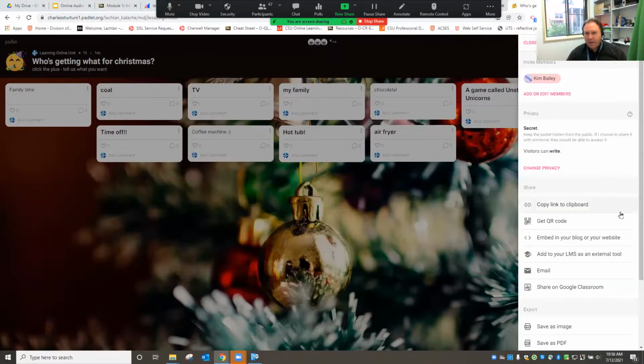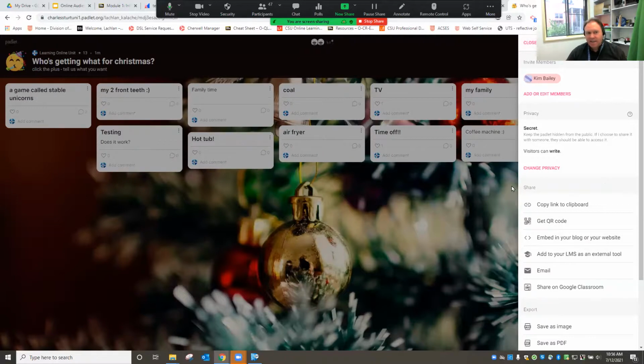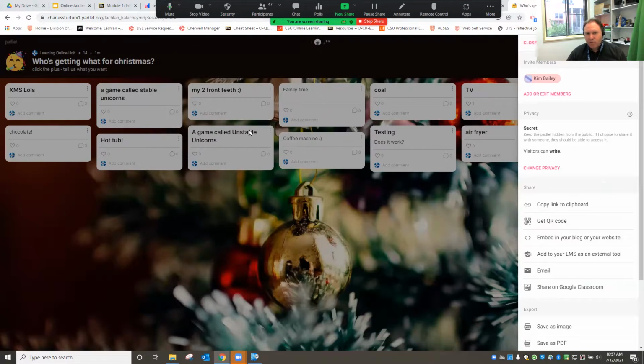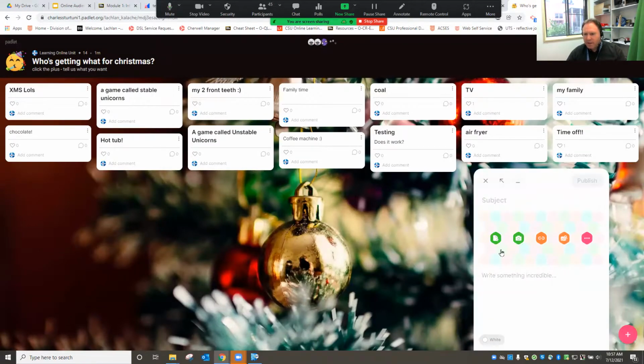And the next part, I could see lots of people adding in things very quickly. With your posts as well, you're able to add in images, not just text. And I can see people adding in their responses. We'll see them all being pushed up the top and to the left by default. The other thing that I'm able to do at this point with your posts, you don't just have to put in text. You can also locate an image to add